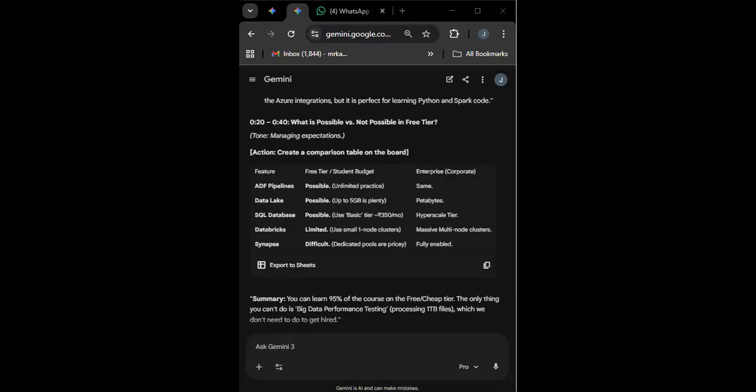But let's see, we will use this SQL database in the free tier as well. And next, for Databricks, we are using only a one node cluster. We are going to create a one node cluster for that. It is a pay as you go model. For the entire thing, in 2 months, we are going to cover the syllabus, and third month, we